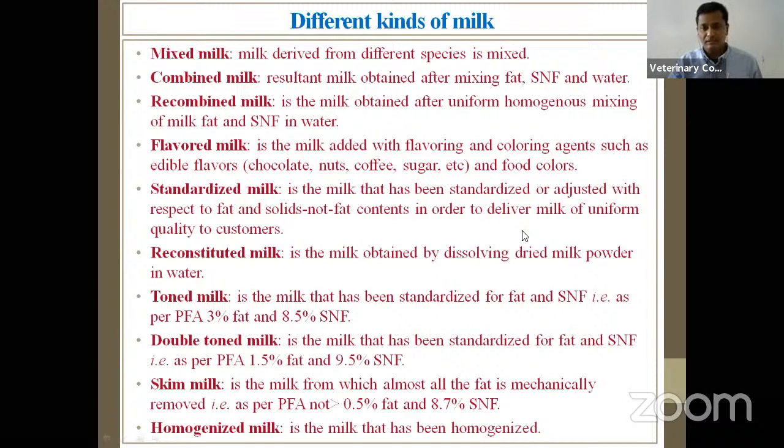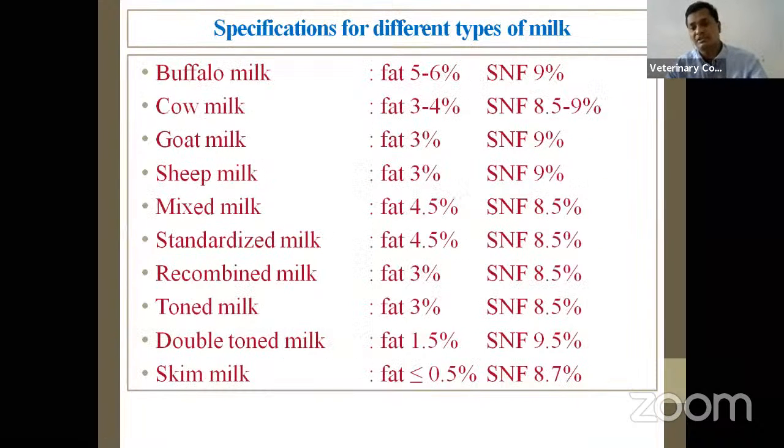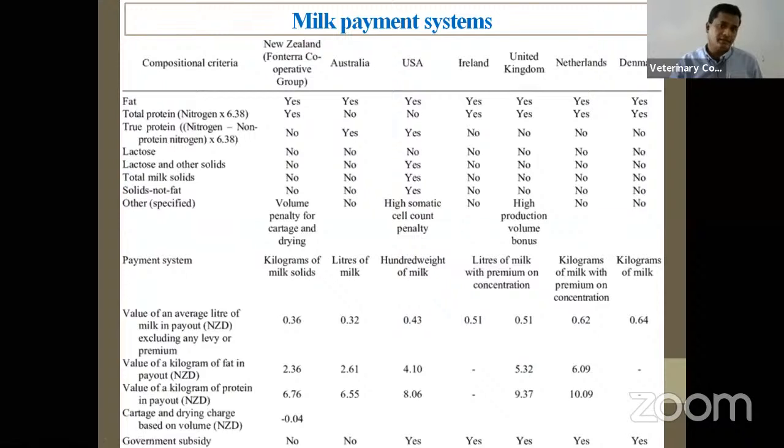Homogenized milk is the milk which has been subjected to a mechanical homogenization process so that fat won't tend to float on the surface after leaving the milk for some time. And for different species of the milk, we have national specifications. For cattle milk, buffalo milk, and other species milk, likewise the tone, double tone, skim milk, we have specifications. Skim milk is popular especially among people who are health conscious or are advised not to take the fat, they will consume such skim milk. So these are all the gradations in India.